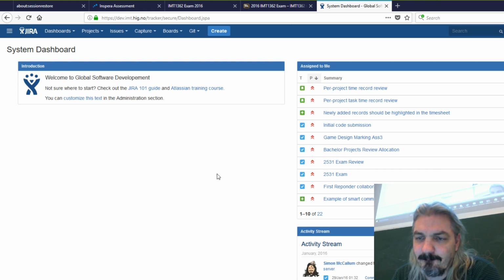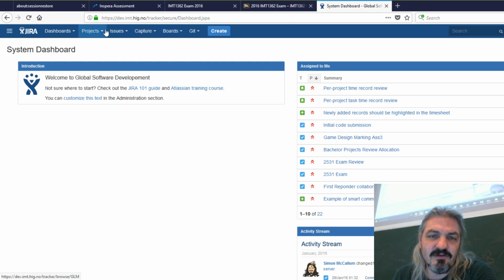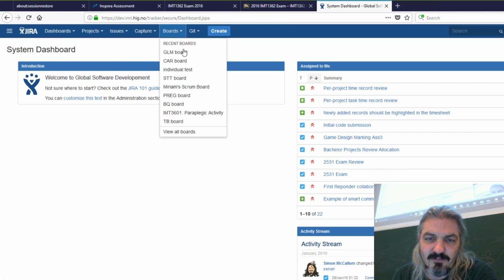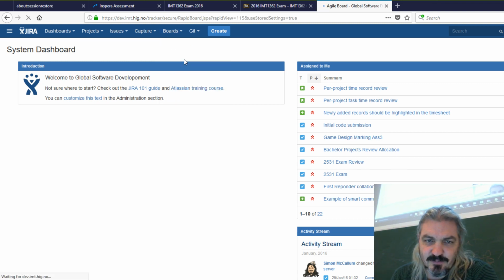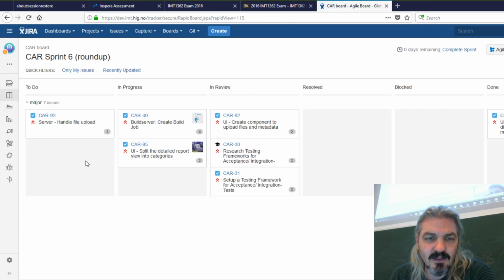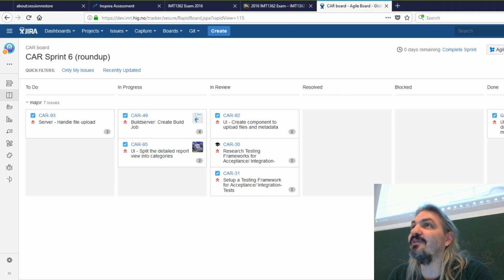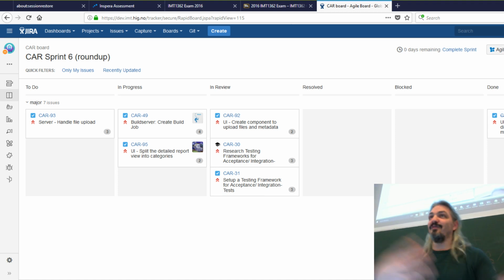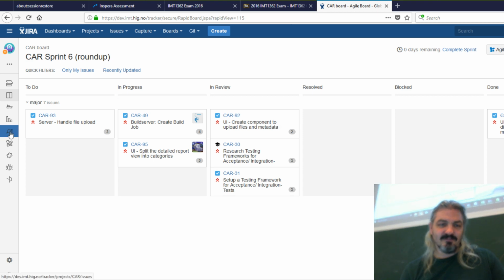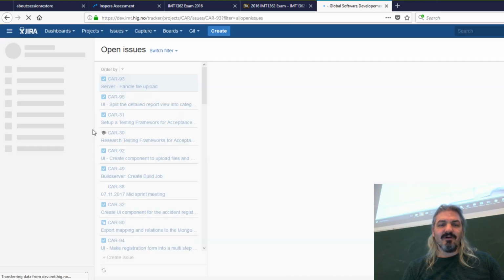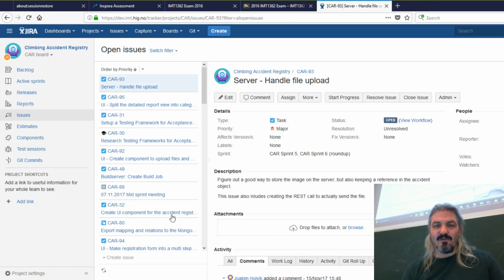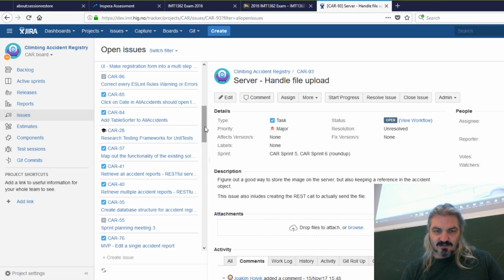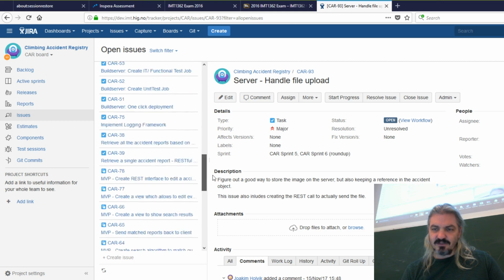So this is Jira. We have boards, and if I have a look at these, these are the master students' boards. These give you, this was at the end of the sprint. This was their to do. These were their in progress. These were in resolved, and that one was done. So you have all these tasks, you're moving them through, you have the full list of issues that they're working on. This, I think, is just the list of open issues.